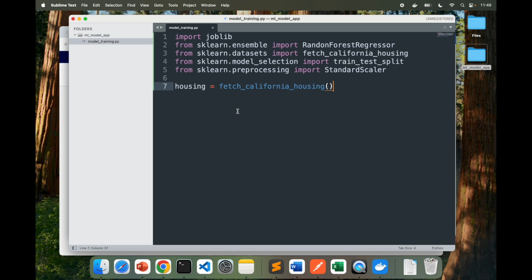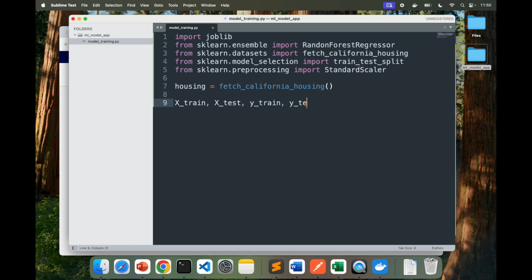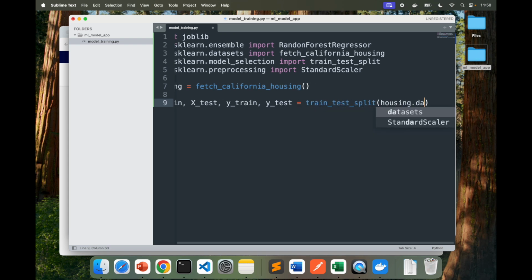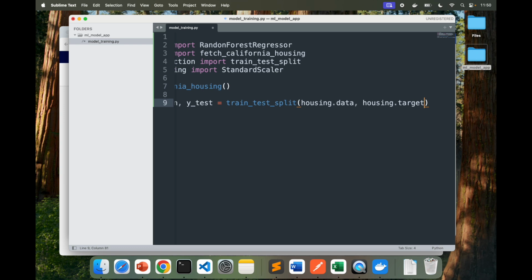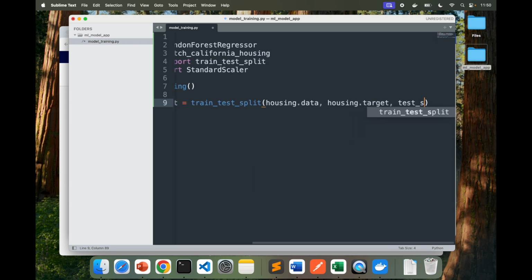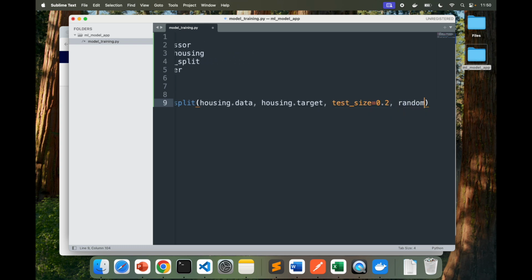So let's go ahead and split the data. I am going to say X_train, X_test, y_train, y_test = train_test_split(housing.data, housing.target, test_size=0.2, random_state=42).